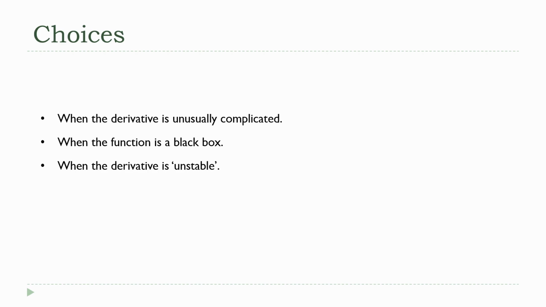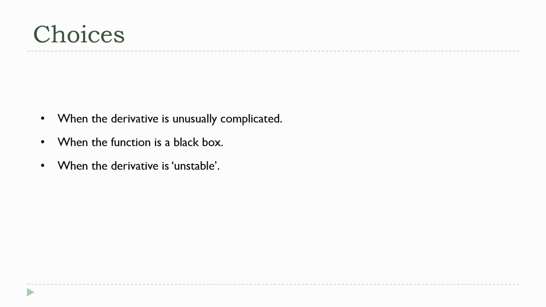Another situation is when the function is a black box. For example, you might just be given the compiled version of a function by another division or another department and told, hey, we need to approximate this, and you have no way of calculating the derivative. So if you can't find the derivative at all, well, then obviously the method that doesn't use it, and